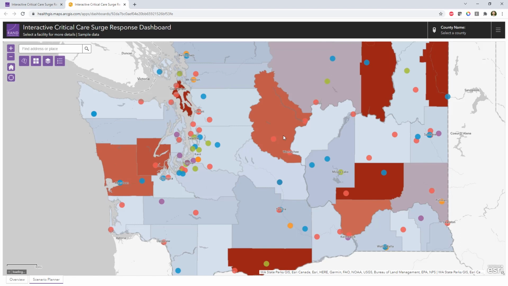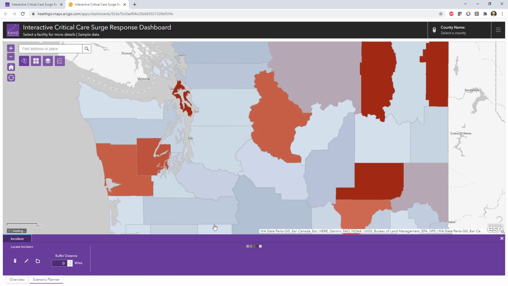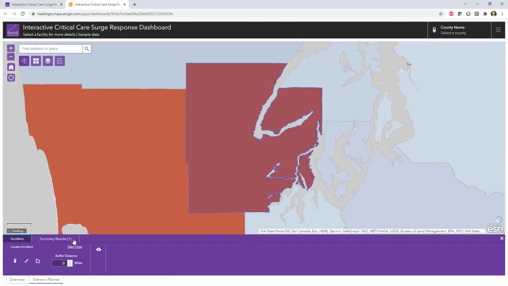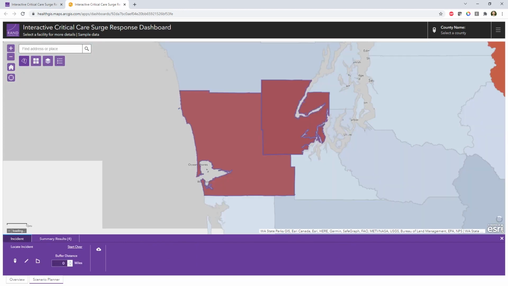ArcGIS allows users not just to visualize this information, but analyze it. For example, I can select a county with a high number of admissions and view a summary report of the facilities in this area and the resources available. I can even add additional neighboring counties to this analysis to make plans for resource allocation and gain regional situational awareness. This COVID-19 dataset is just one of the dozens of regularly updated and live data feeds available to ArcGIS users,